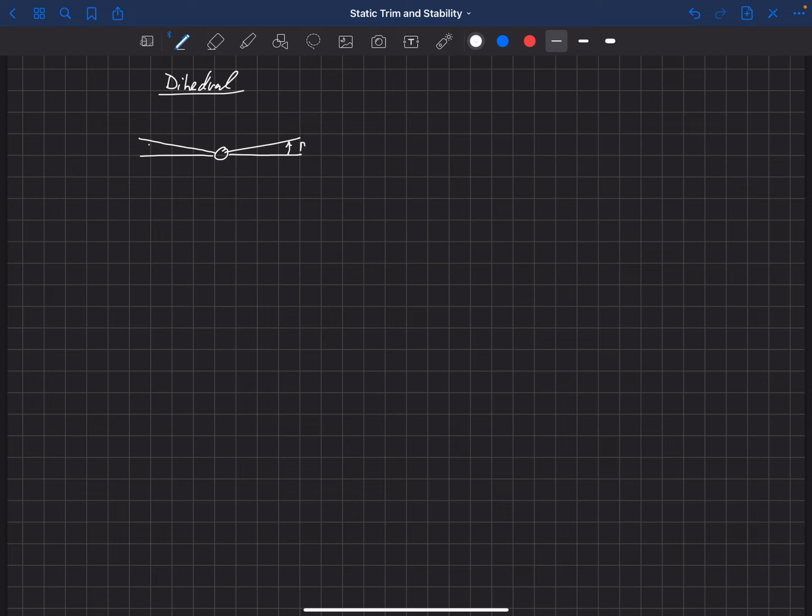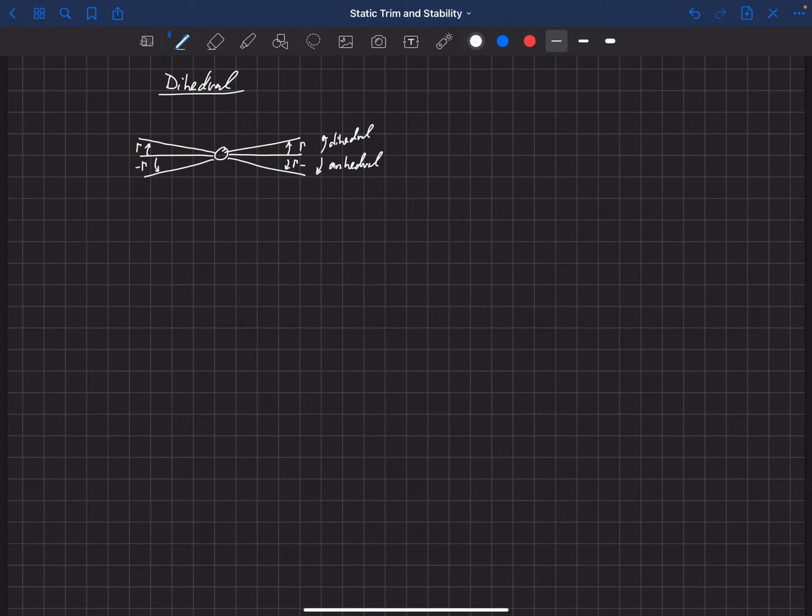And so if you have positive dihedral, that means that your wings are rotated up. That means that the tip is higher than the root. You can also have negative dihedral. There are some aircraft that actually have wings rotated down like this. So this would be negative gamma. And you'll see that usually on aircraft that have larger fuselages and high wings. We'll talk about why that is later. But anyway, that is called anhedral. So up here is called dihedral if it's positive, and if your wings are rotated down, that's either called negative dihedral or anhedral.